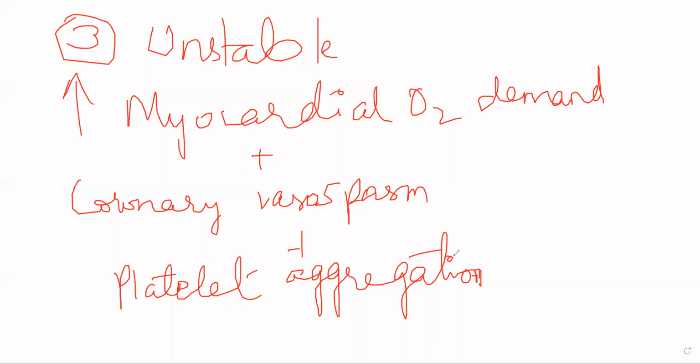Okay. There's no particular cause as such, मतलब ये तीन causes हैं, but there is no essential, how should I put it, hierarchy. It can start with anything. It can start with increased oxygen demand, or with coronary vasospasms, or with platelet aggregation. In any scenario, the patient will have pain in their heart as well as the left arm. Now generally angina is associated with ACS, acute coronary syndrome. Anginal pain occurring at rest, especially due to rupture of an atherosclerotic plaque, will be classified under ACS.